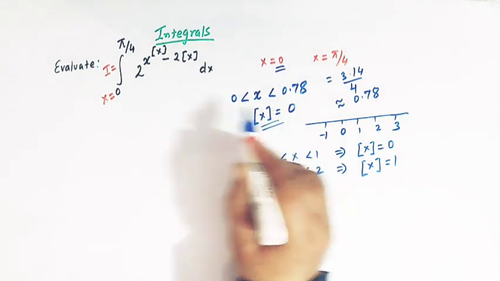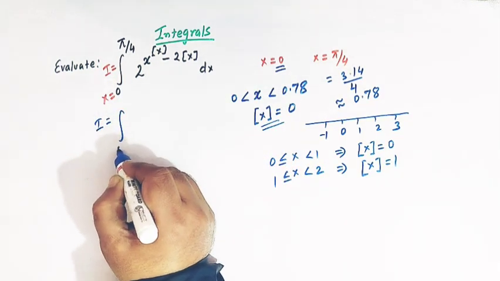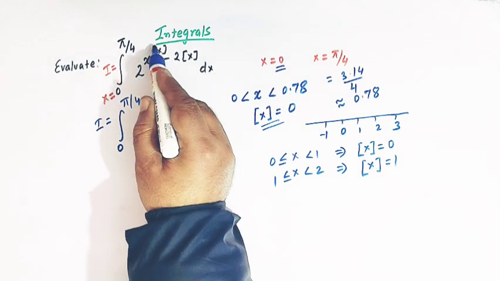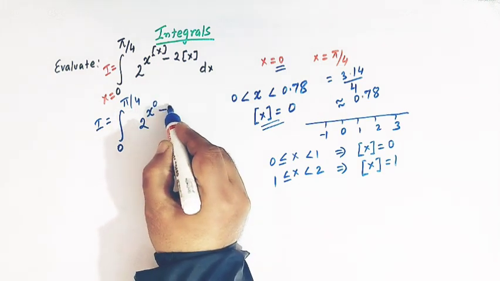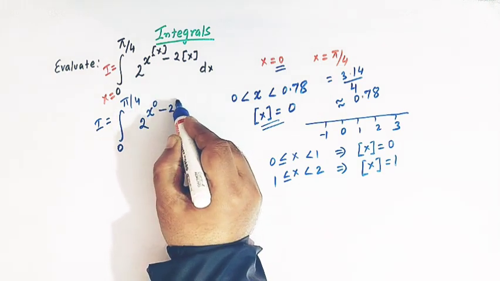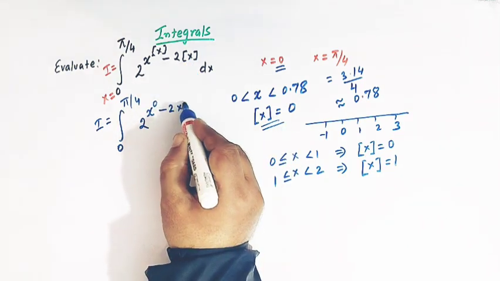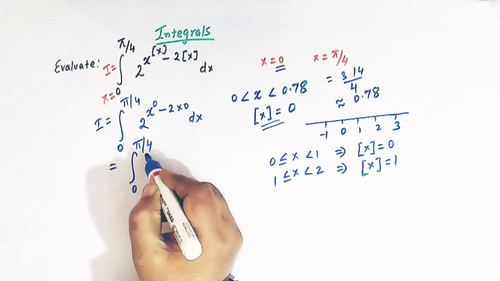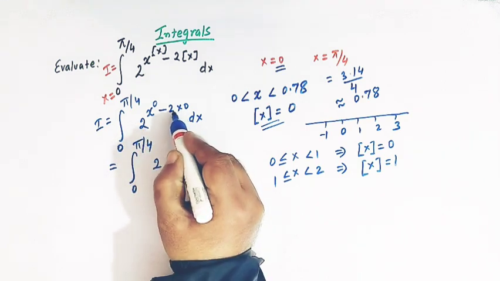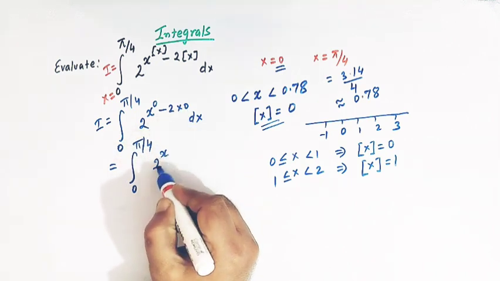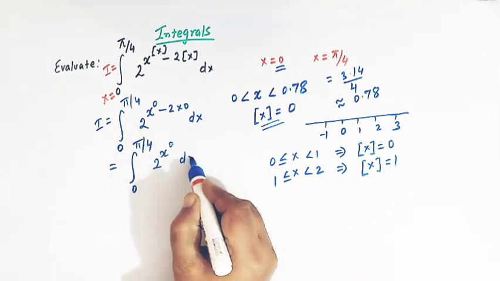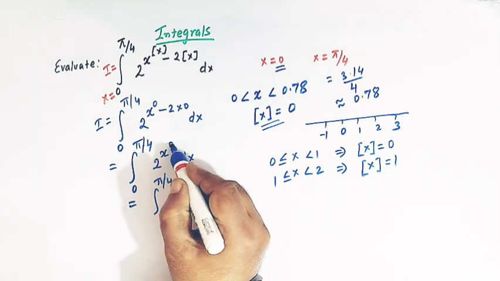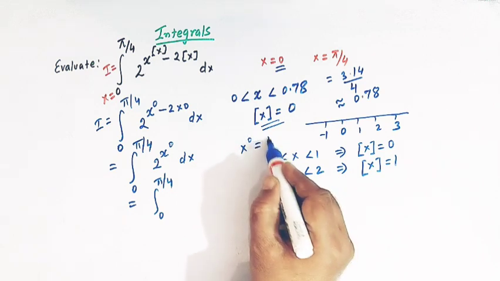Taking this value in the integral, we have the integral from 0 to pi by 4 of 2 raised to x, then greatest integer of x, which is 0, and here we have 2 times the greatest integer of x, which is 0, right? Now we can simplify it. This is 0 to pi by 4, and 2 times 0 is 0, so we are left with 2 raised to x raised to 0 dx. Since x raised to 0 is 1,